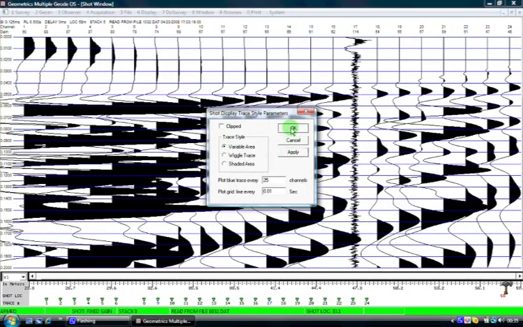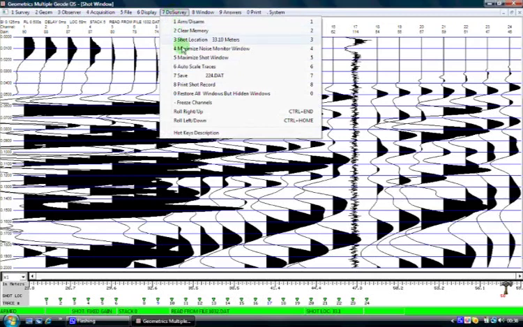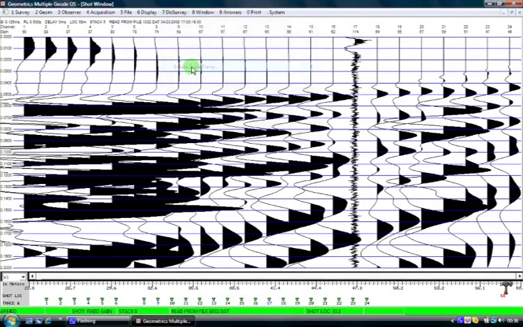Now we may want to adjust the trace sizes. We can do this by letting the computer do it for us, by coming over to Do Survey and clicking number 6, Auto Scale Traces. At the moment this hasn't done apparently anything because the computer is quite happy with the trace amplitudes which it sees within this recorded time window. But whilst the trace amplitudes may be perfectly acceptable over here on the right for the upper channel numbers, once we come down here to channels 1 through 5 or 6, then the trace amplitude is probably greater than what